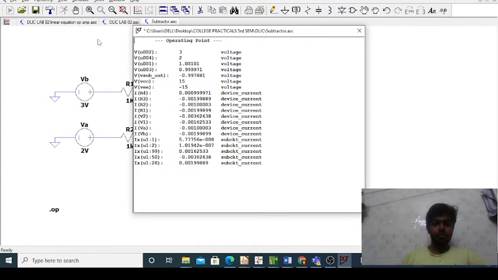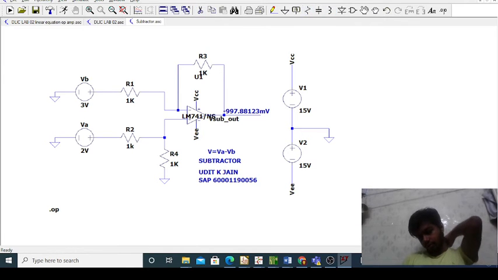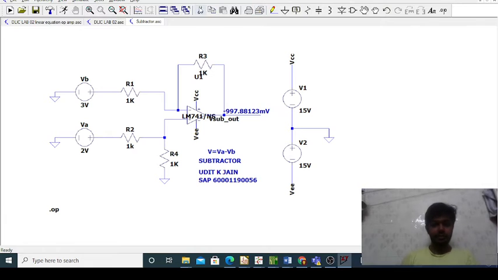Here we go. We got the operating point values and see, here we have got minus 997.8813 millivolts. So I think OP07 was slightly better in this case. Now we will do it for TL084 and draw out the following conclusion.